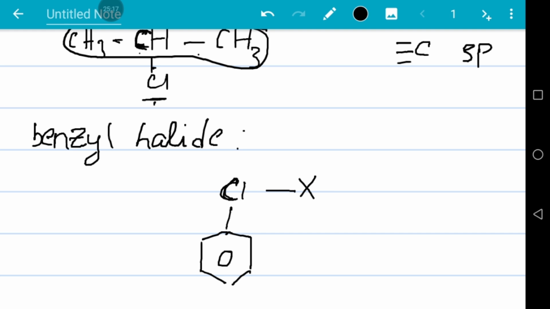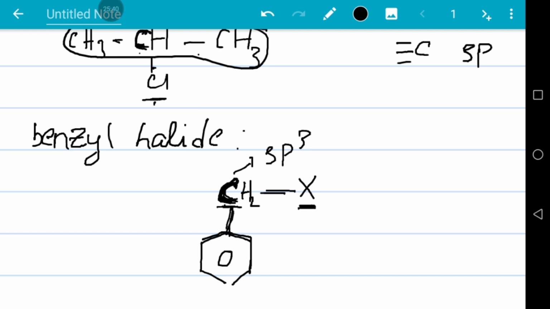Here see, halogen is attached to this carbon. Around this carbon all single bonds only, no? So this is a which hybridized carbon? sp3 hybridized carbon. Halogen is attached to sp3 hybridized carbon, which, means this sp3 hybridized carbon is adjacent to